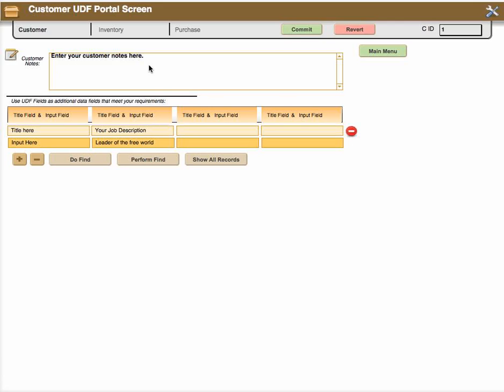Like I said before, you also have the narrative that was created in the main screen for the customer. If you use the buttons above here, you can go back to the customer, inventory, or purchase screens. If you want to go back to the main menu, you would click on here. If you're using this on a browser and you make changes even in this screen or in the actual row on the portal, you need to either click the commit to save the records or